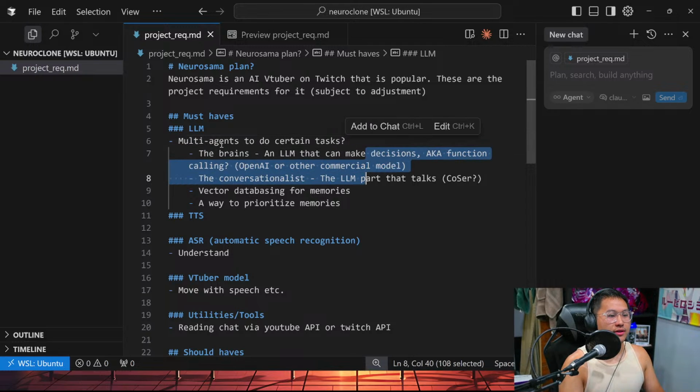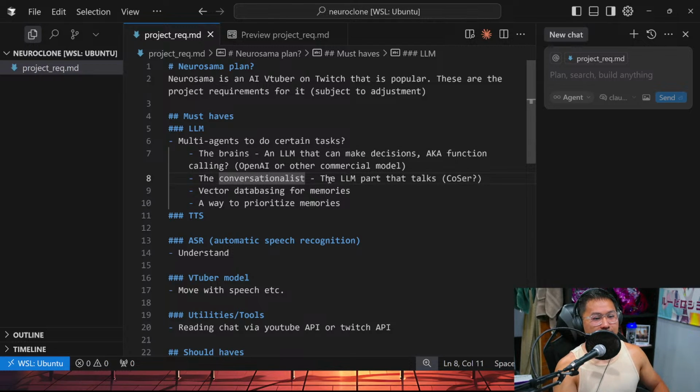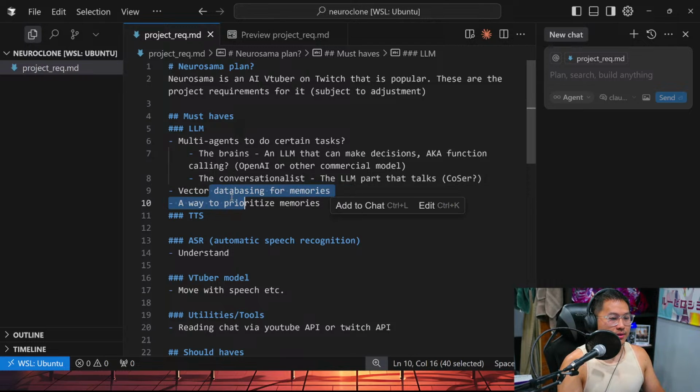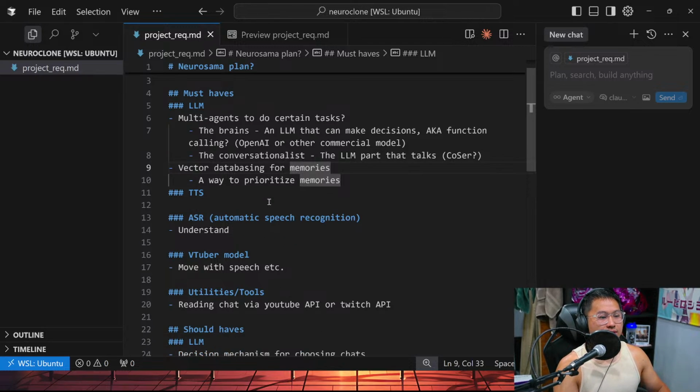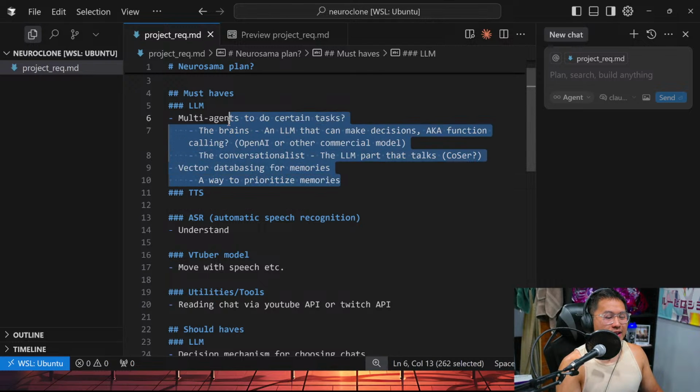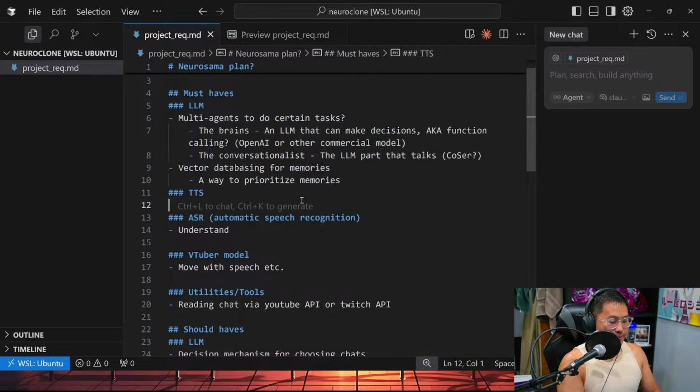Kind of have a brains LLM that can make decisions, function calling, and then a conversationalist LLM part that talks. I need a vector database for memories. I need to figure out how that works. A way to prioritize memories. So we'll leave that at that for now.